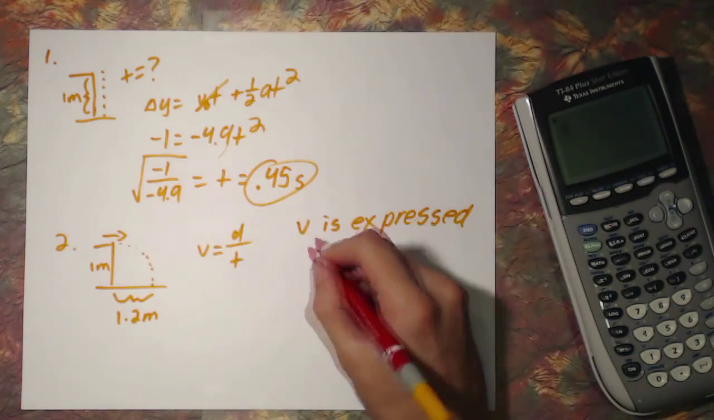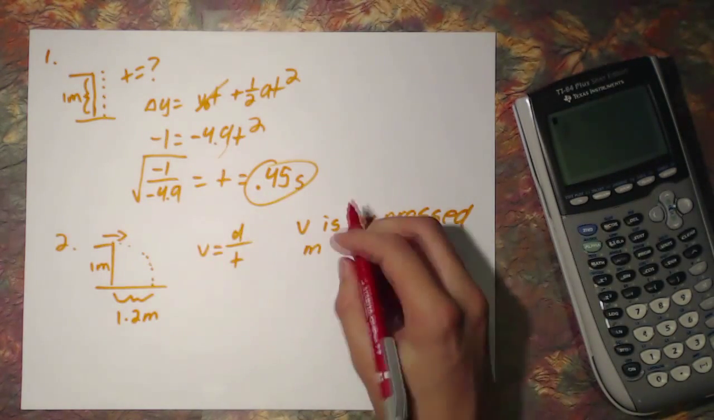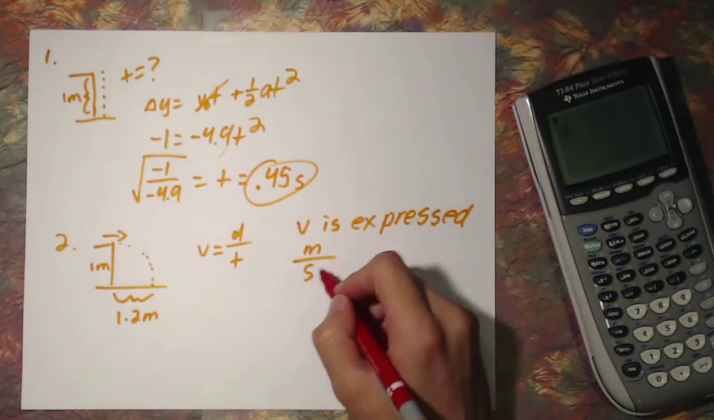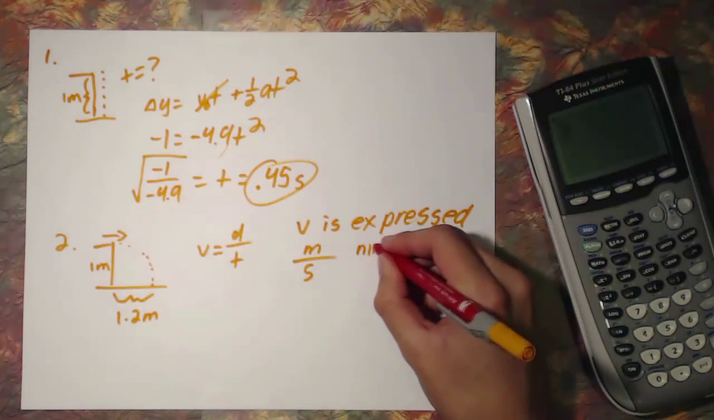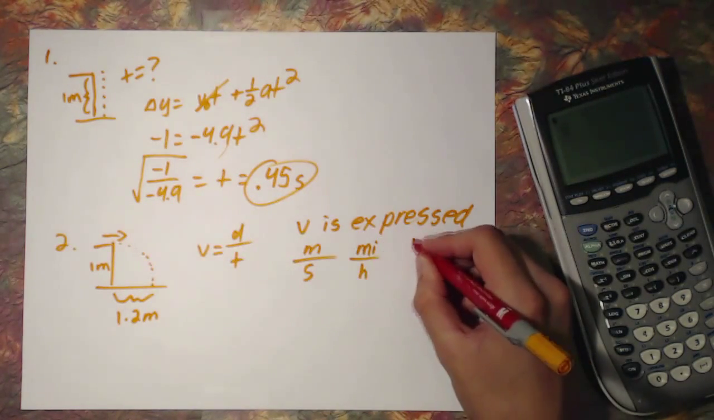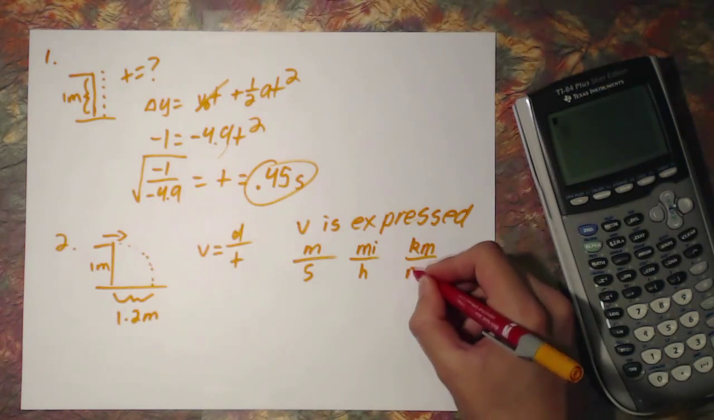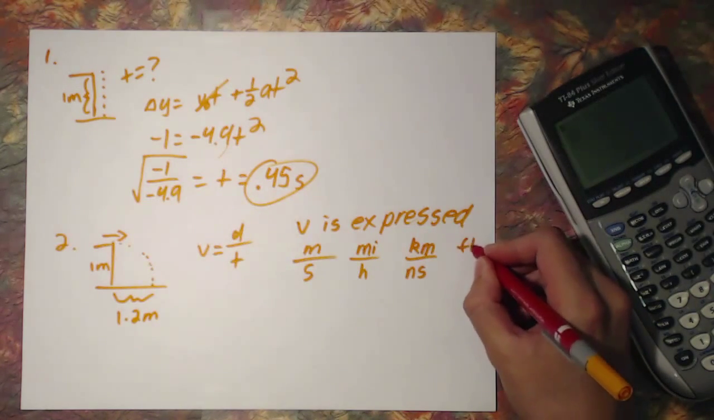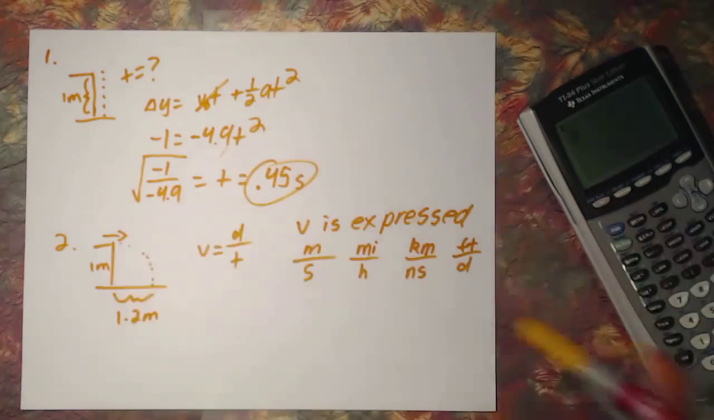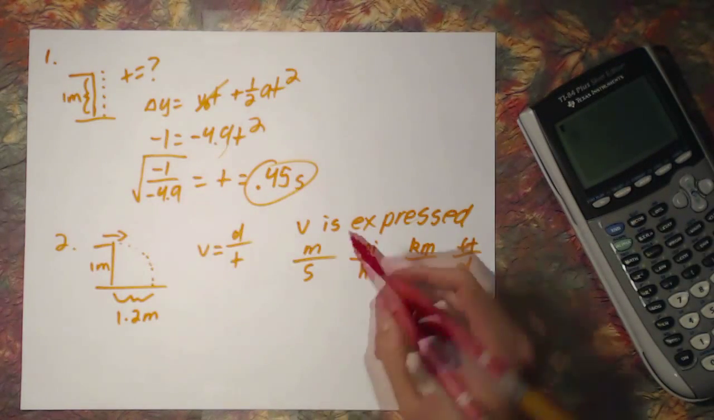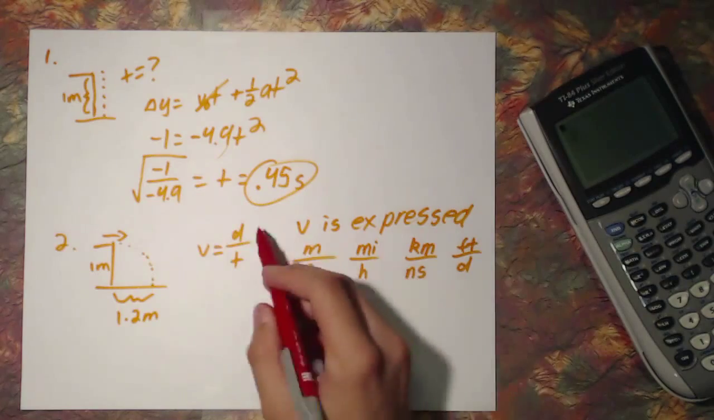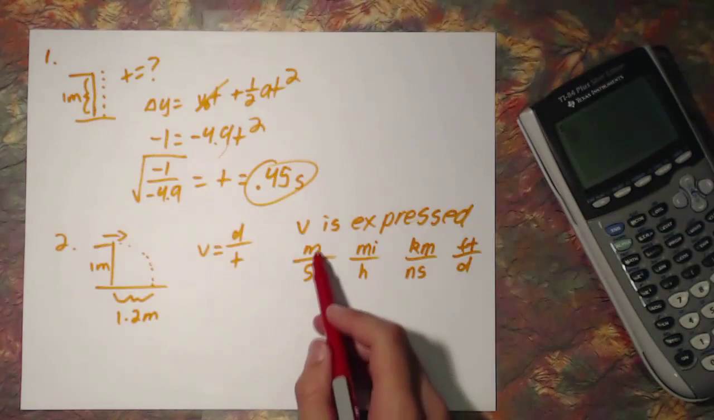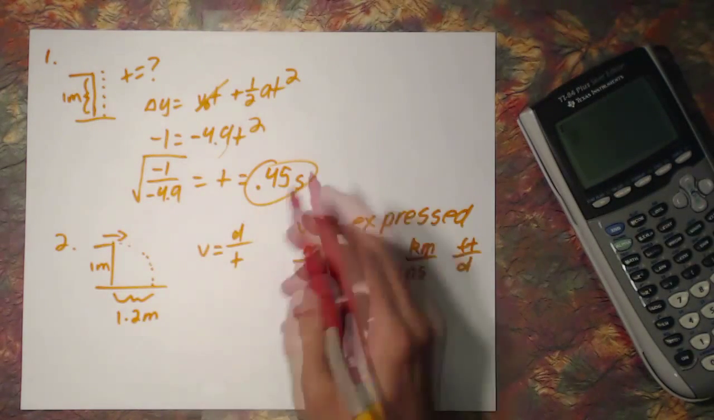in a unit of distance, so like meters, over a unit of time, like seconds. So just by looking at the units of velocity, I mean, you can have miles per hour, kilometers per nanosecond, feet per day. I don't know. There's an infinite number of units, infinite number of combinations. It's just any distance over any time. So you really shouldn't have to memorize this. You just look at the units and think, okay, well, I have a distance and I have a time,